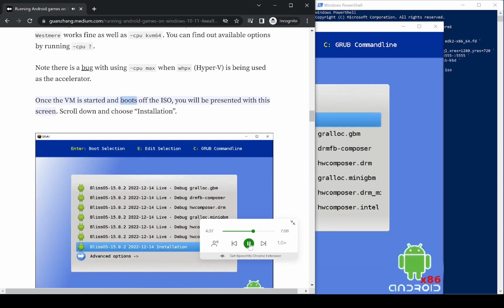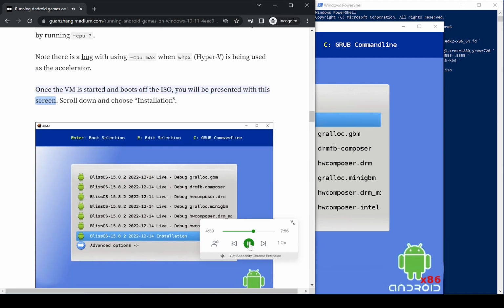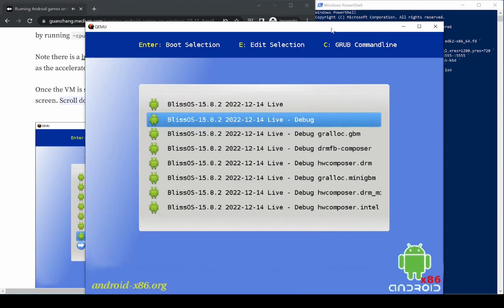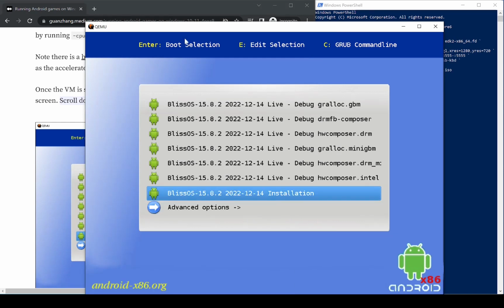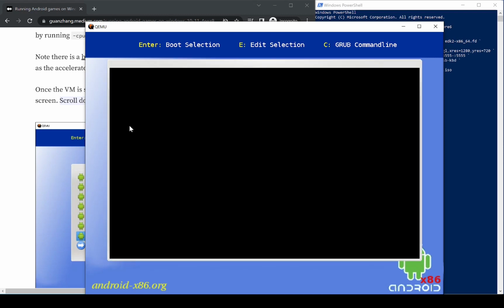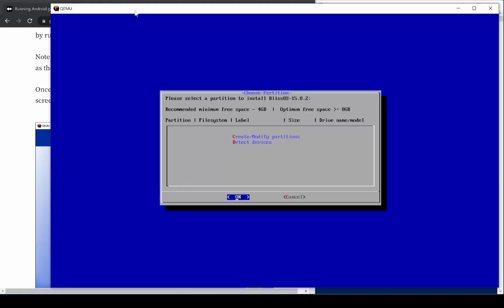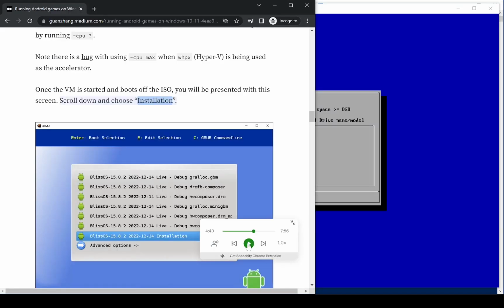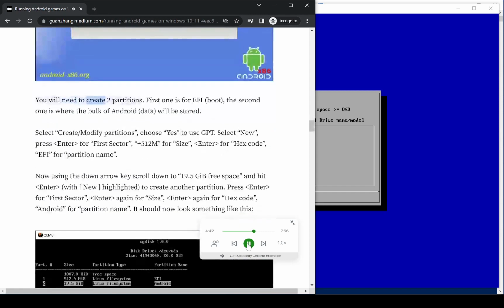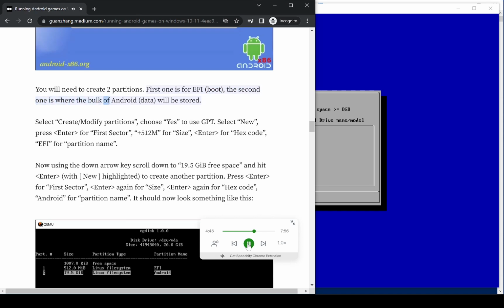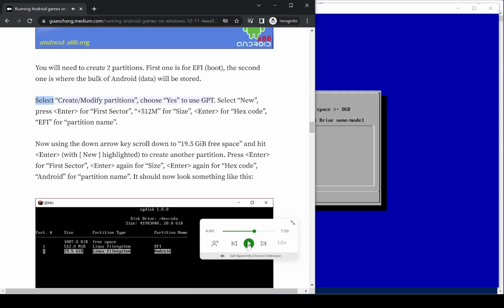Once the VM is started and boots off the ISO, you will be presented with this screen. Scroll down and choose Installation. You will need to create two partitions. First one is for UEFI boot, the second one is where the bulk of Android data will be stored. Select